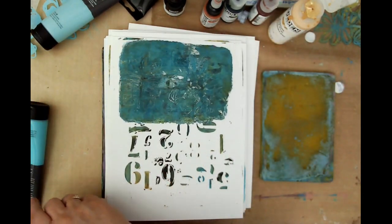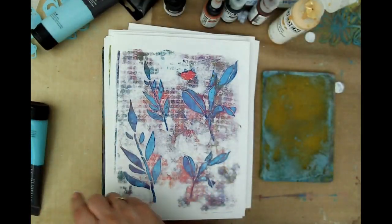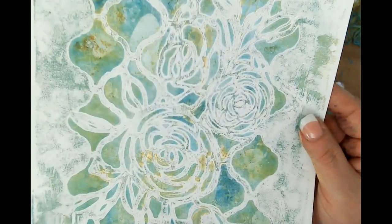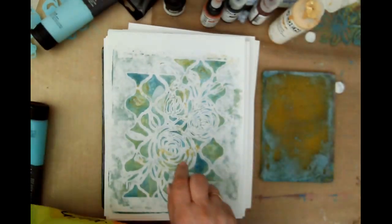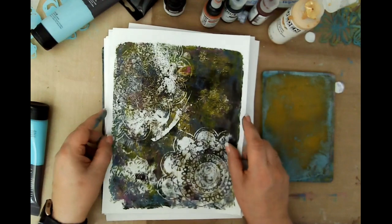I didn't like that one. Got a thumbs down. This is pretty. I don't think I'm going to do much with that. I might coffee dye it, but I think I'll save it for ephemera for a journal. And that one was really pretty as well. And my favorite,